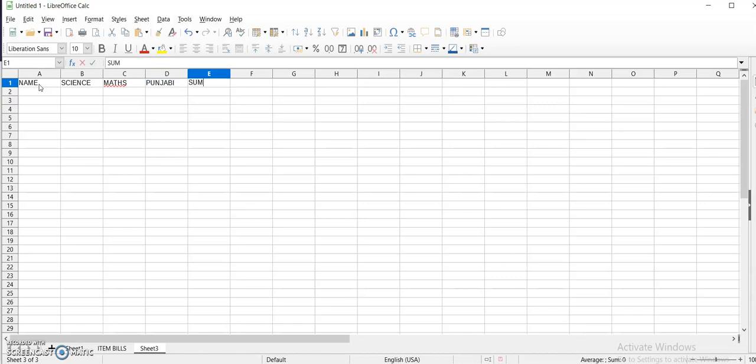Here I will calculate the sum, then average, then the maximum marks of the student, minimum marks of the student, and total count of the subjects. Let us suppose the names of the students are Rahul, Priya, Ram, Sham. Freehand, I am writing the marks of the students.